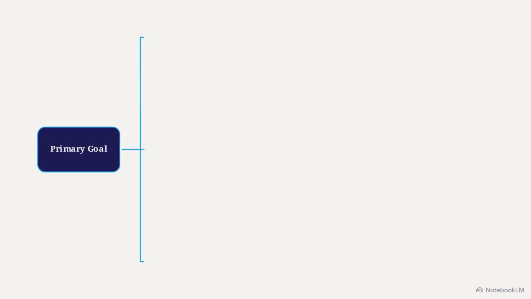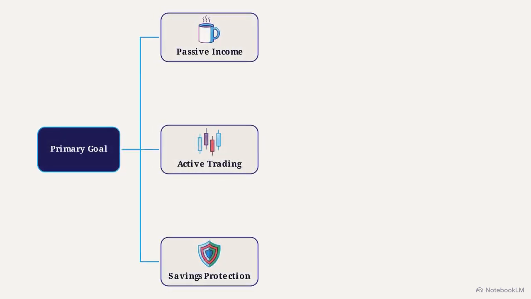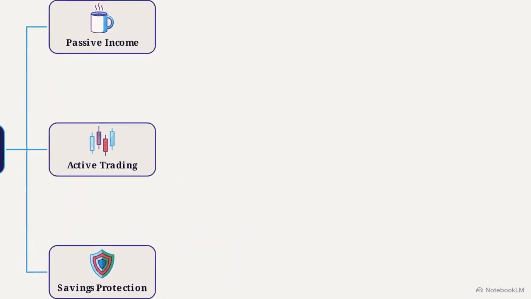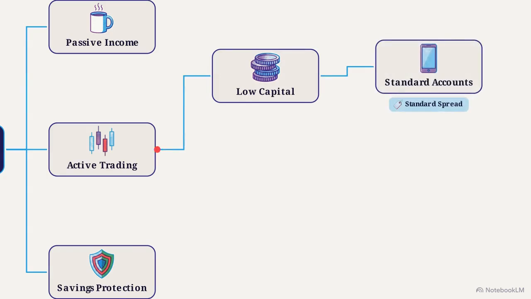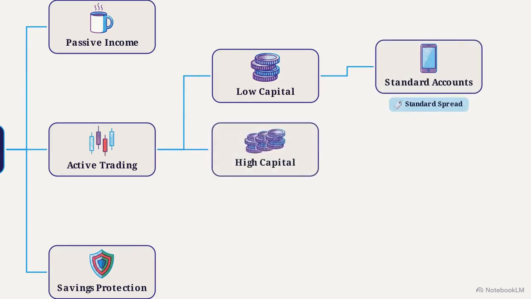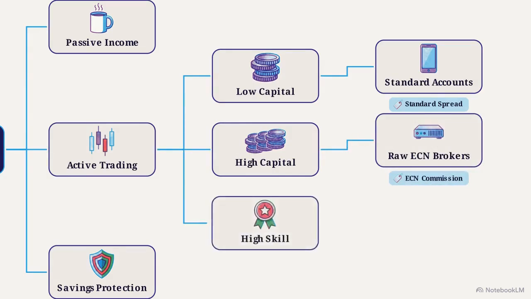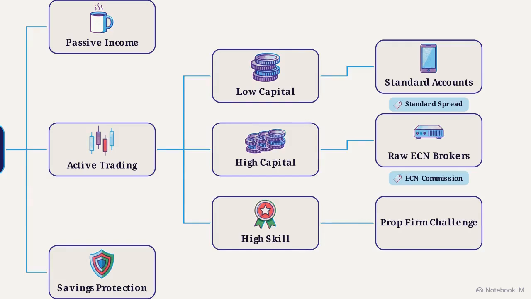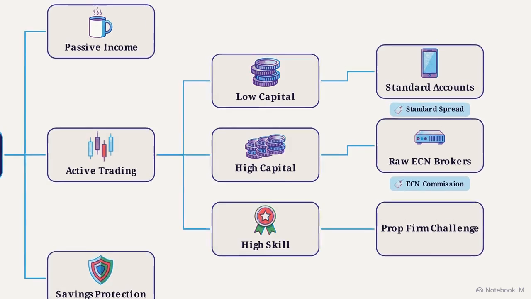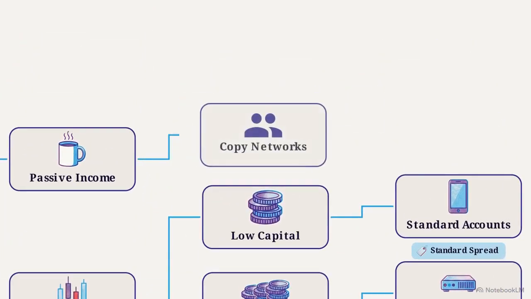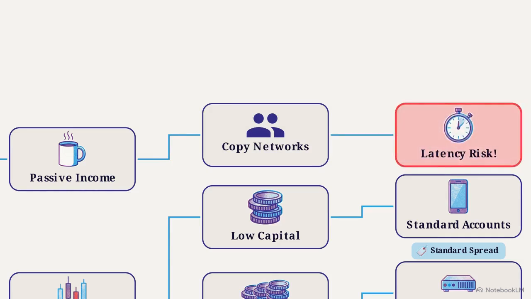This flowchart breaks down the primary decision node, determining whether your main goal is passive income, active trading, or protecting your savings. If you have low capital and want to casually learn, route yourself directly to friction-free standard account brokers. The high capital, active scalper needs raw ECN brokers, while the high skill but low capital trader should look toward prop firm challenges. The passive user follows the path to copy trading networks, keeping a close eye on the risks